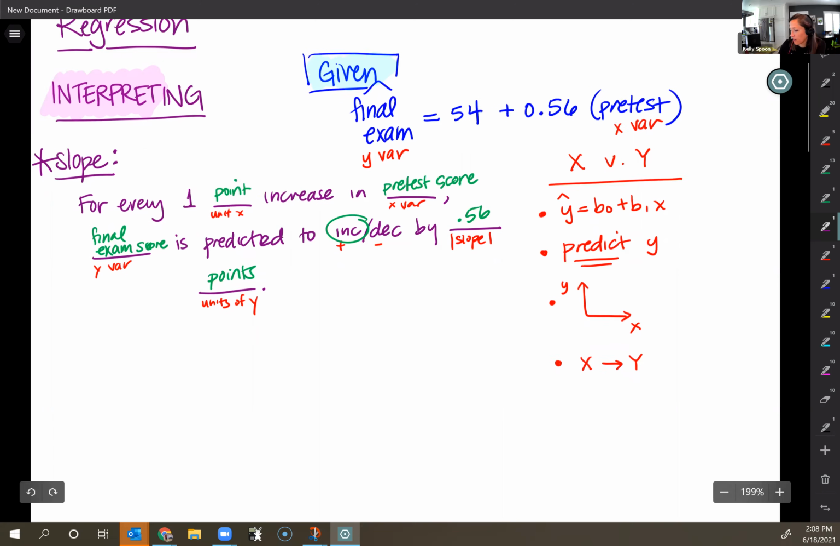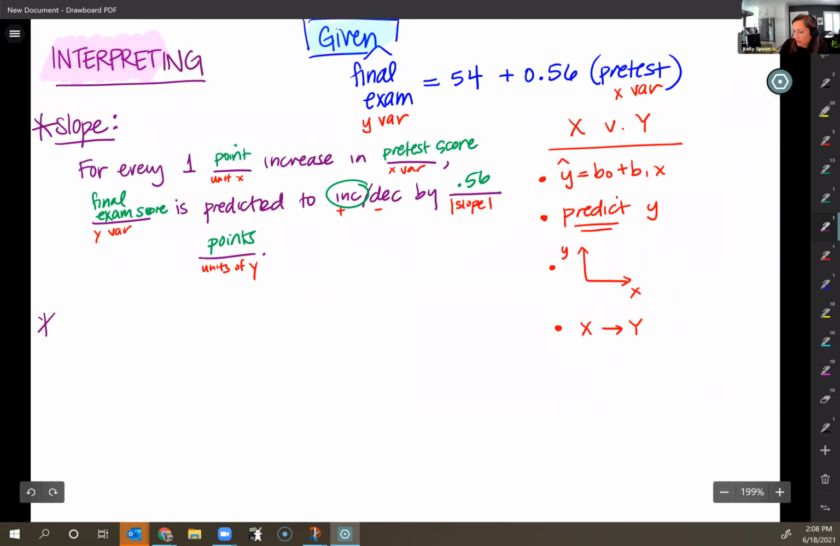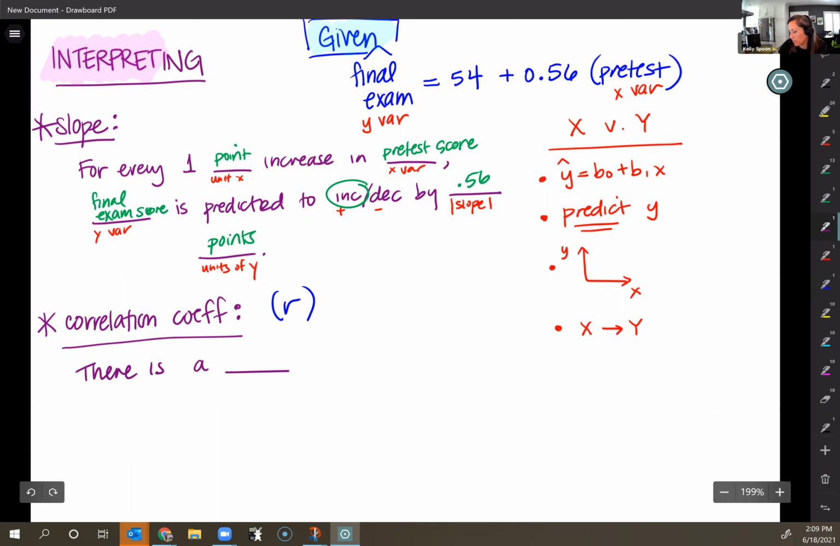The other big interpretation that I like a lot is that correlation coefficient. Our correlation coefficient is just a lovely measure that we can use to describe that relationship between two variables. It has this quick and easy way to look at our relationship that's a lot more straightforward than our scatter plot. The correlation coefficient, which is our R, has to be given to you. And its interpretation is just: there is a blank linear relationship